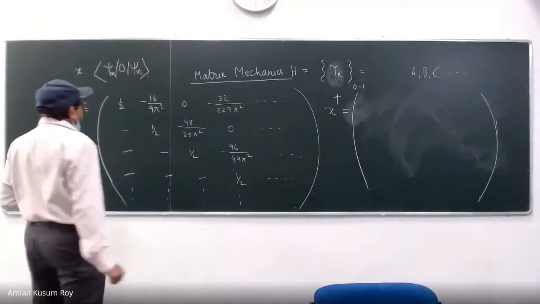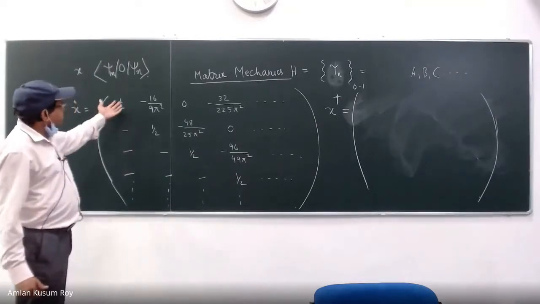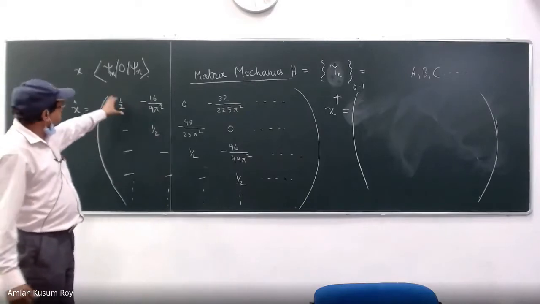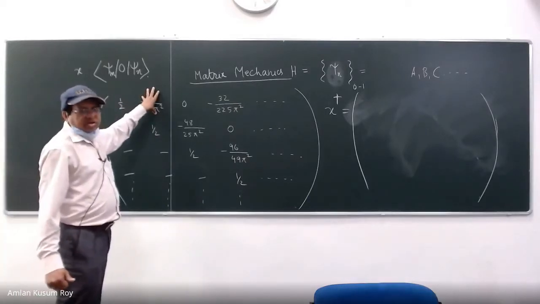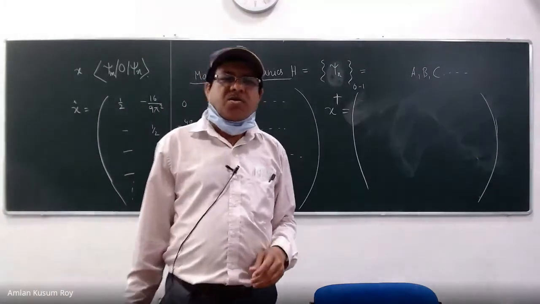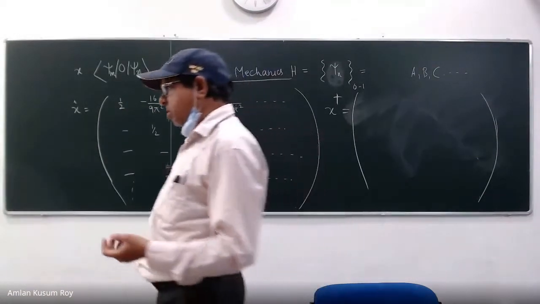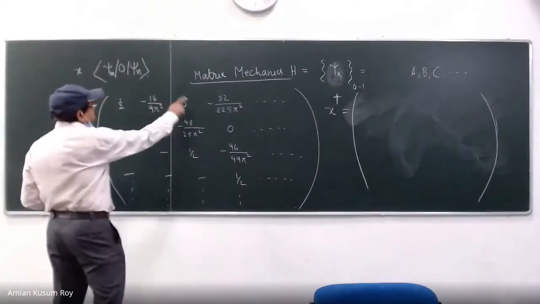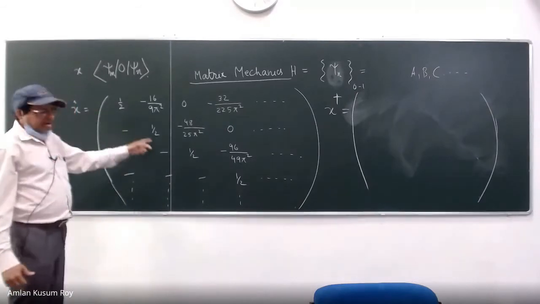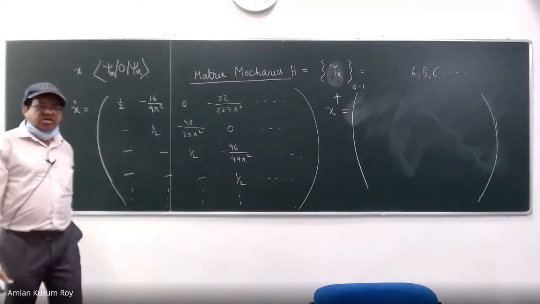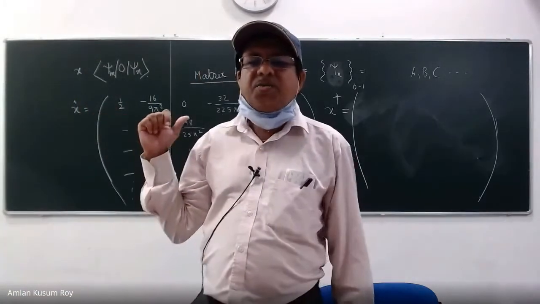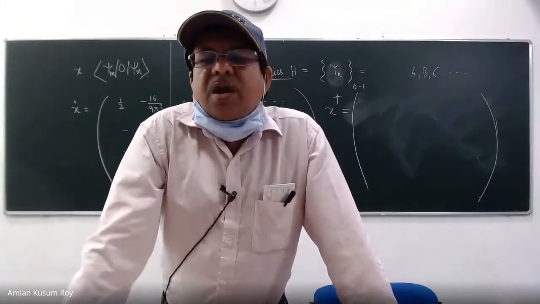So complex conjugate transpose, that means what? You have to take the transpose of this matrix with the complex conjugate, but these are all real numbers. So if you take complex conjugates, they will just remain as they are. Now you make the transpose. Transpose means your rows become columns, columns become rows, right? So you do not have to write this out to see what is going on. If you just understand that, I will ask another question.